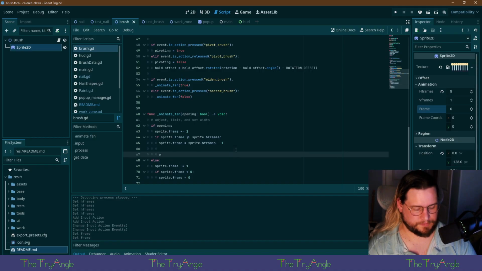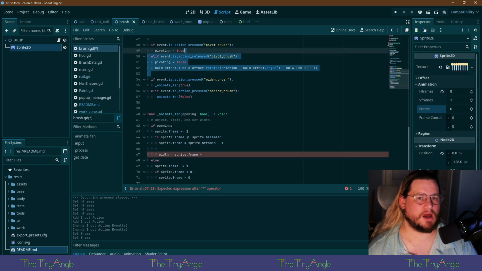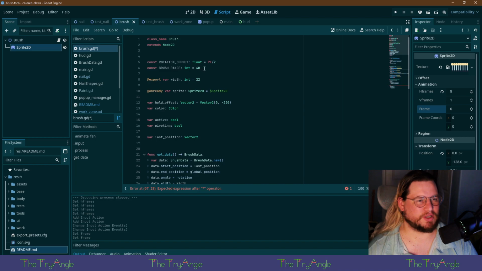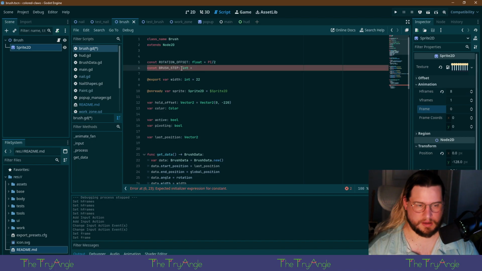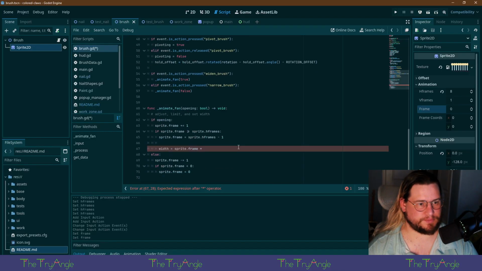Let's think here. Width is going to be sprite.frame times, we don't want brush range, we want brush step actually. And we'll set that equal to 6.